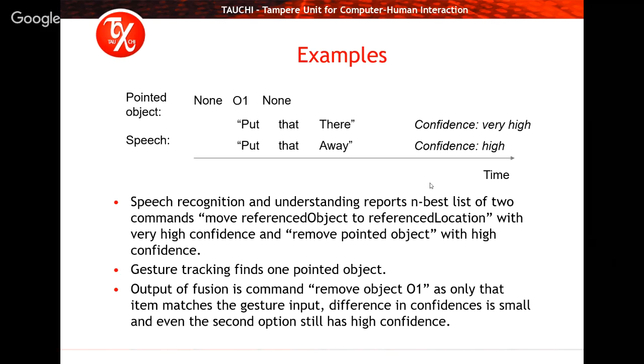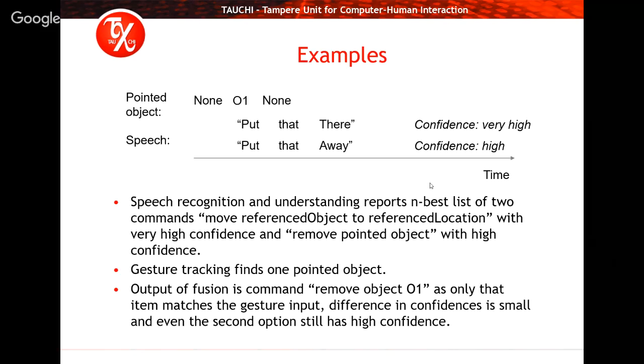So now, based on the fusion, the fact that we have only one pointing, we can actually make the decision that probably the user was saying "put that away". If the user had been pointing at 2 locations, then we would choose "put that there", because that would make sense. The combination of gesture and speech would match. But now, because only one location was pointed, we can make the assumption,